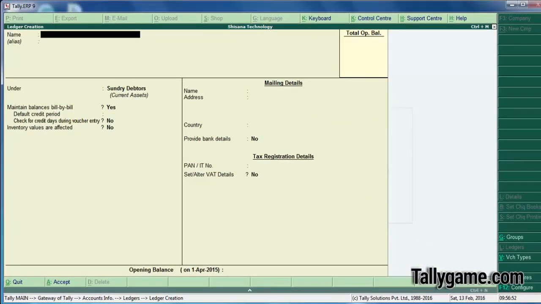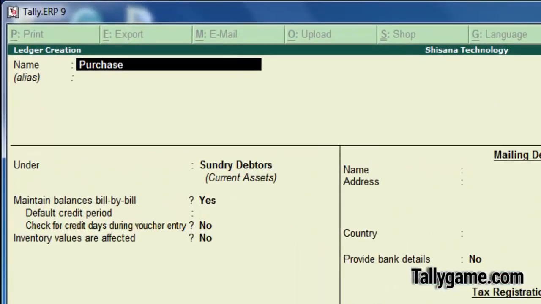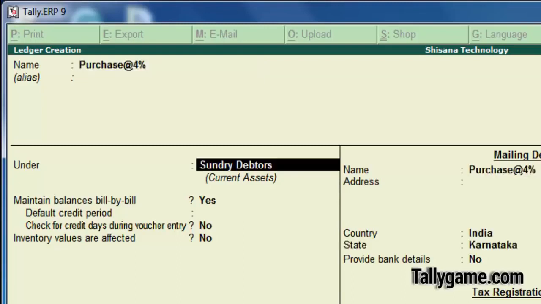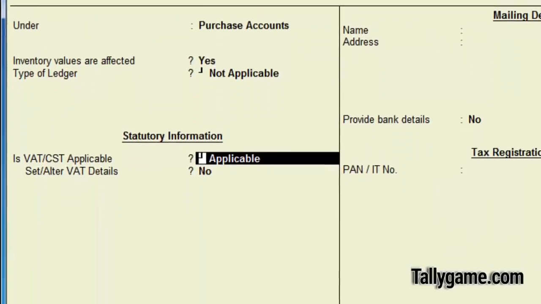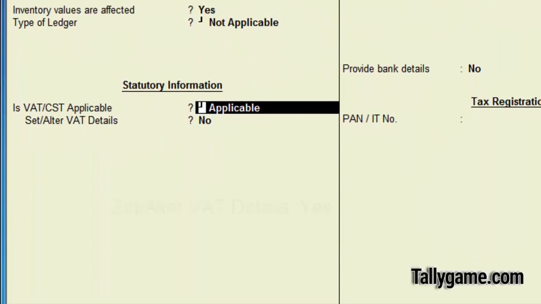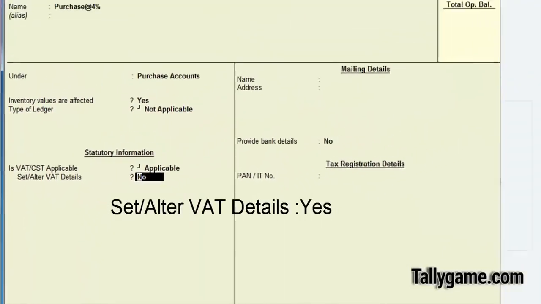Now let's create the purchase ledger, purchase at the rate 4 percentage. For tax rate 4 percentage alone we are creating a ledger, and under purchase account, inventory values are affected, type of ledger not applicable. Is VAT CST applicable?